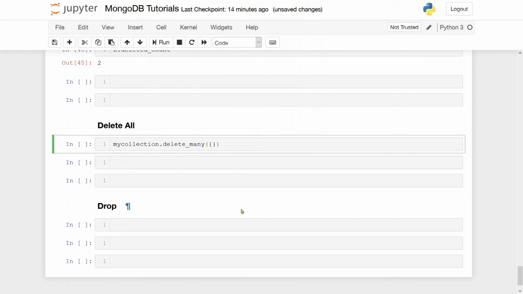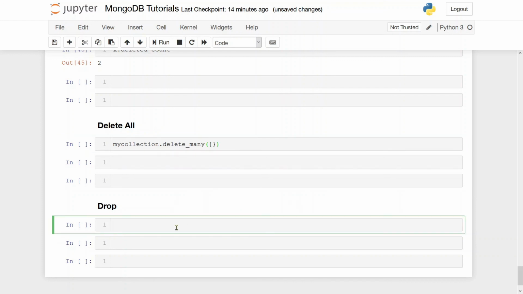Moving forward to the second scenario where I want to delete a collection. I have a collection named records and I want to delete the whole collection. I don't care about what the documents inside contain. I just want to delete the records for some of the tasks. So this is done by using drop.